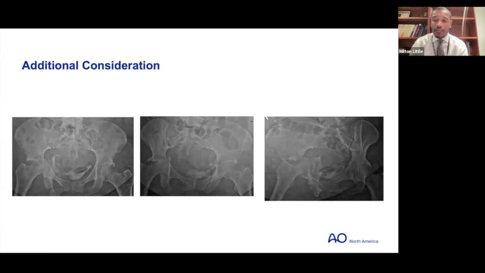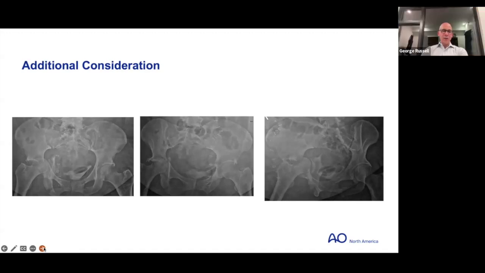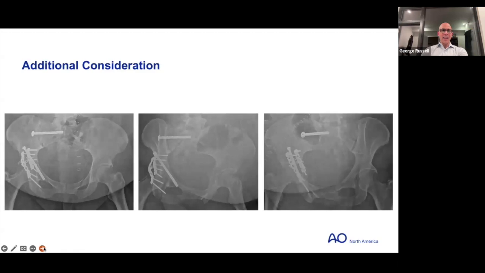Force mentioned. So that's the thing for me that tells me I'm going to go posterior for this. It's just a question of, am I going to be able to get my anterior column reduced enough? And that's the information I'm going to want from my CT scan. Yeah, so in the interest of time, we're not going to go through all the images, but just highlighting the